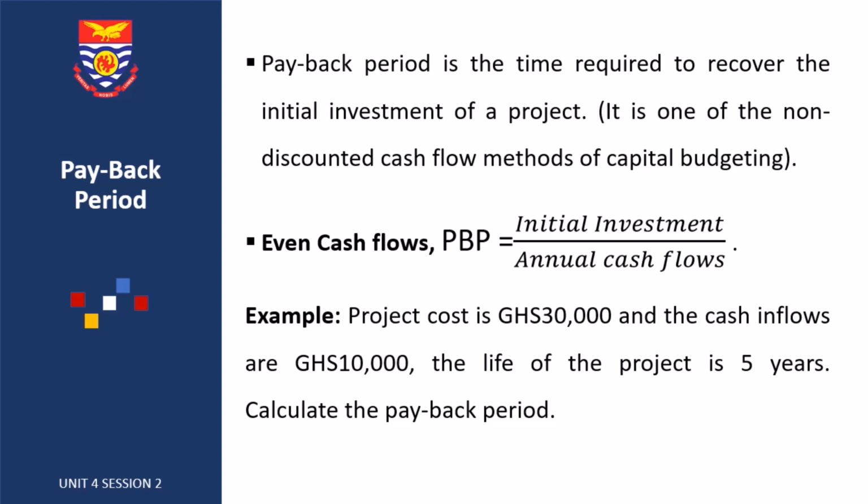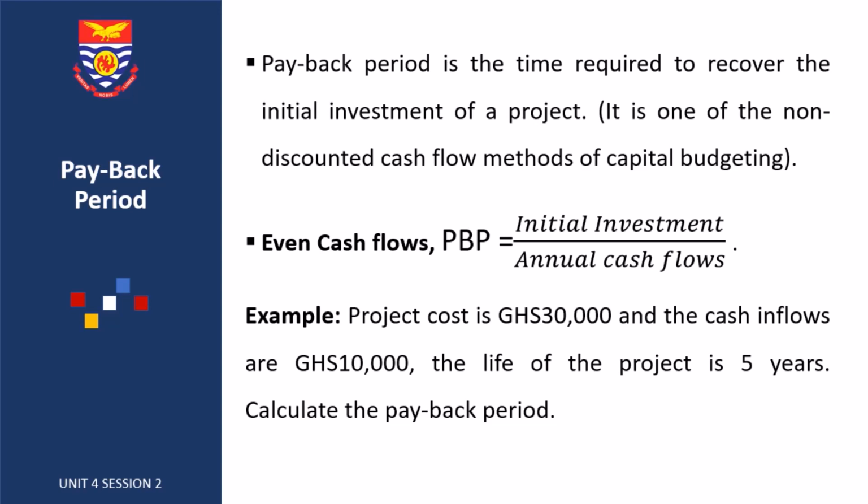Right. So the formula for calculating the payback period is based on whether the cash flow is even. If you say even cash flow, it means that if the duration of the project is 5 years, every year you are going to get 5,000 as cash inflows from the project. Every year you're going to get 5,000 from the project. Alright, I hope you understand. So it's the same amount for all the